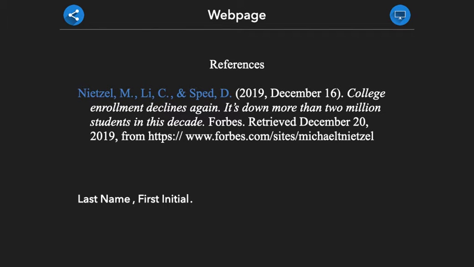If an article you are citing has more than 19 authors, you will provide the first 19 authors and then insert an ellipsis, 3 periods, before giving the last author's name. It is important to note that for more than 19 authors, you do not include an ampersand before the last author's name. Once we have provided all the author information, we will then provide the publication date for the web